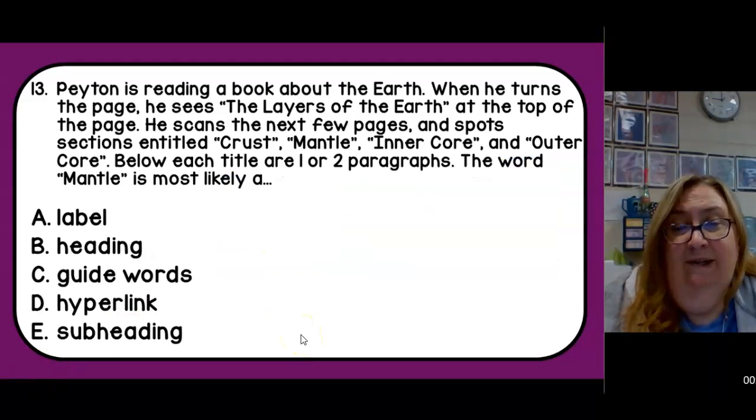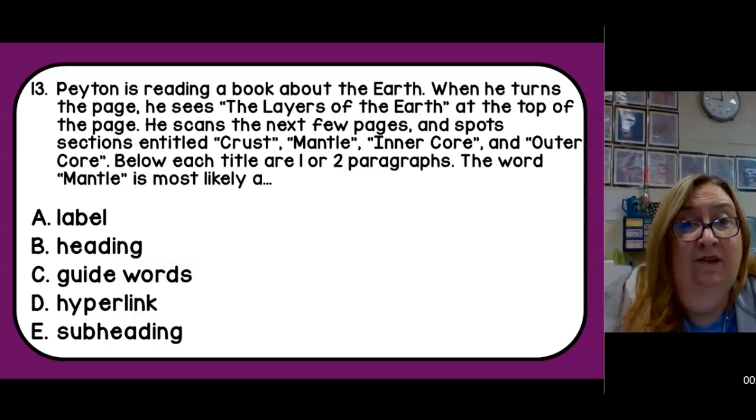Question number 13. Peyton is reading a book about the Earth. When he turns the page, he sees the layers of the Earth at the top of the page. He scans the next few pages and spots sections entitled Crust, Mantle, Inner Core, and Outer Core. Below each title are 1 or 2 paragraphs. The word mantle is most likely